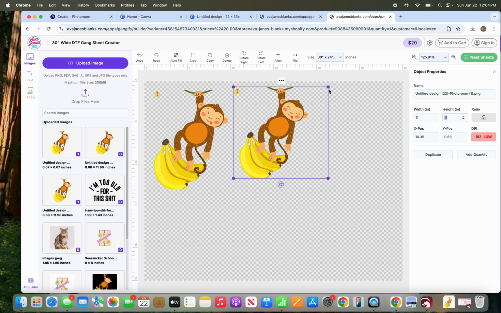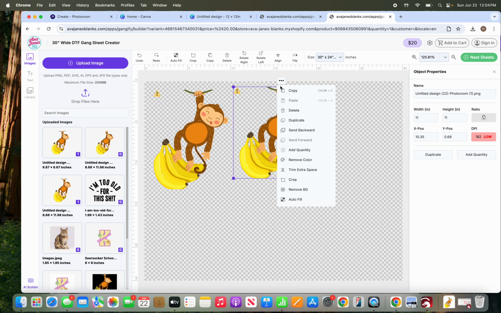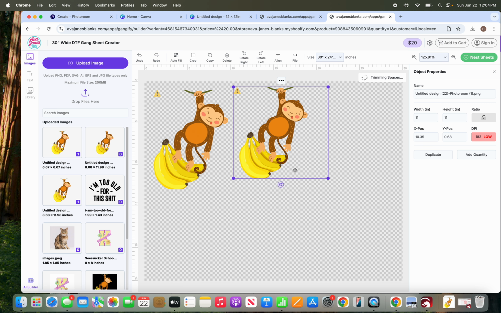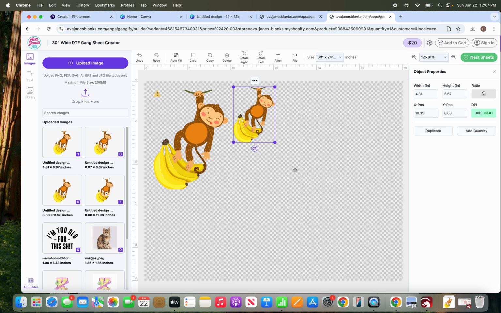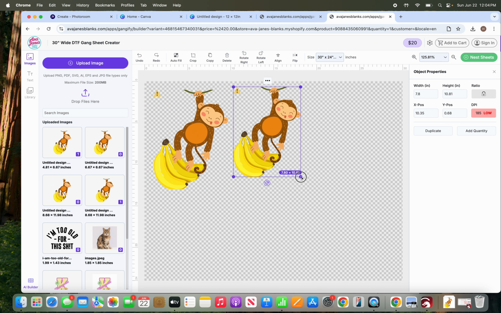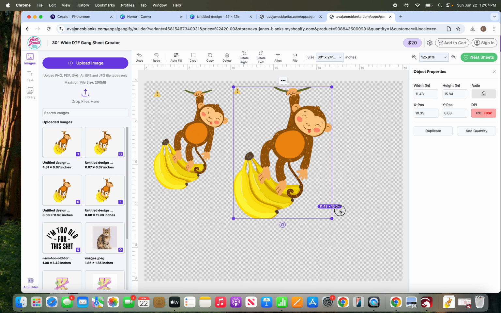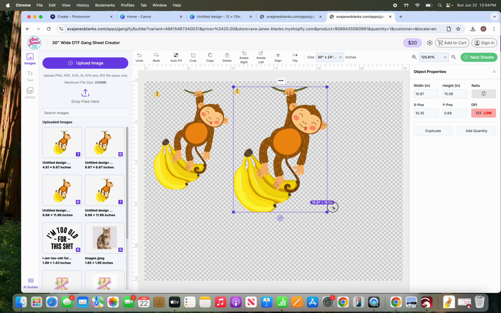So when you bring in something like this, if your box is like that, you need to go in here and trim that extra space. One, it's going to allow you to get way more stuff on the page when you're nesting your sheet together, if you're using the nesting feature. But now you'll see if you actually go to 11 inches wide, this thing's going to be way taller, so you can size it appropriately based on no extra space. Okay, so that's one thing. Trim the extra space